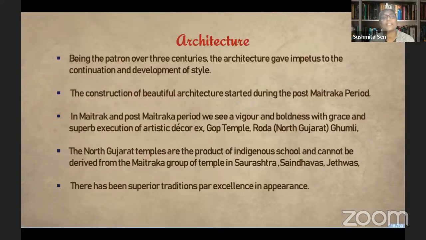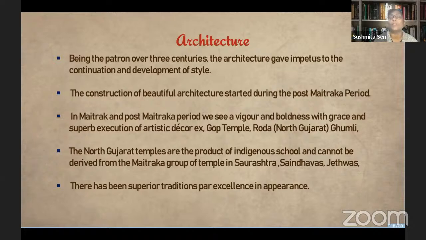Now, we will go into the architecture. They were patrons for over 3 centuries. Their architecture gave an impetus to the building of beautiful temples, and there was continuity and development of style. The construction of beautiful architecture started in the post-Maitrak period, but we also see, in the Maitrak and post-Maitrak period, a vigor and boldness in the execution of this architecture with artistic decor,